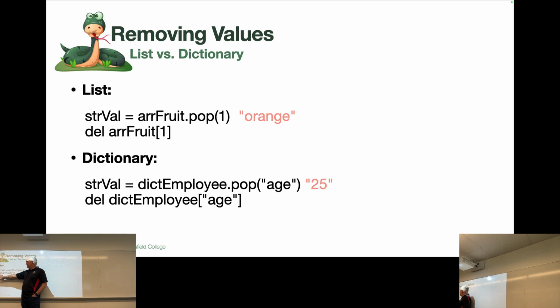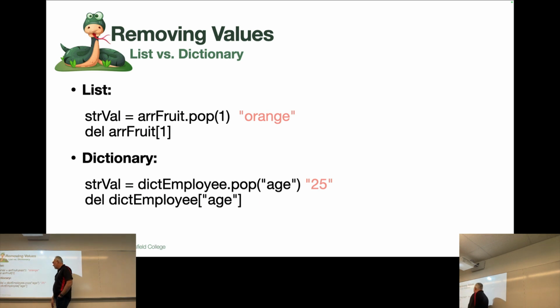If I use the delete keyword, delete arrfruit.1, it just goes away. Pop will return something. Delete does not. Those are two different ways to remove it. So pop and delete, as far as the array goes, do the same thing, but pop will return the